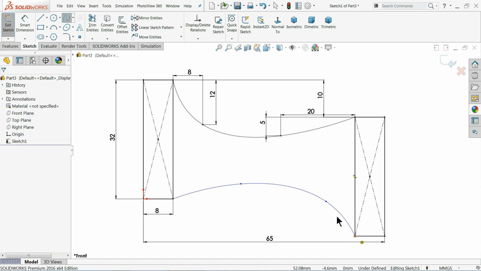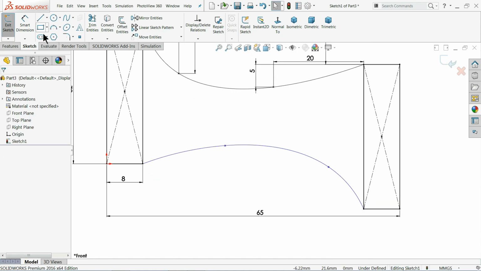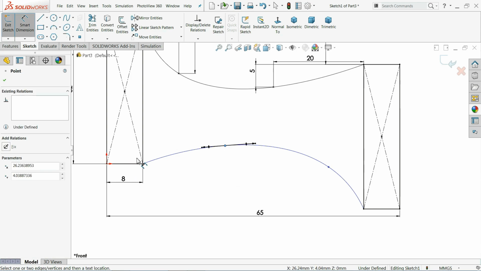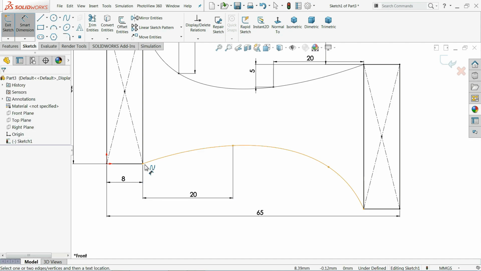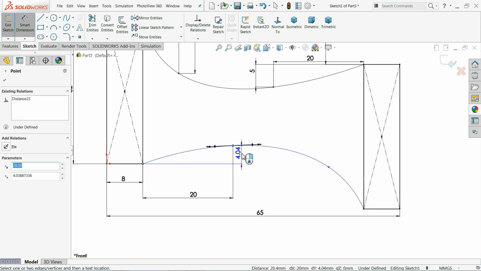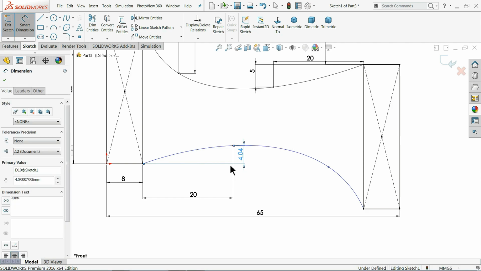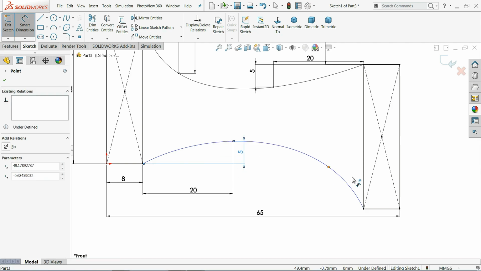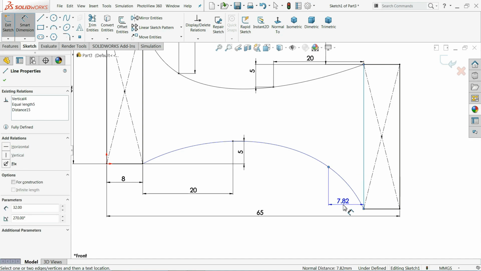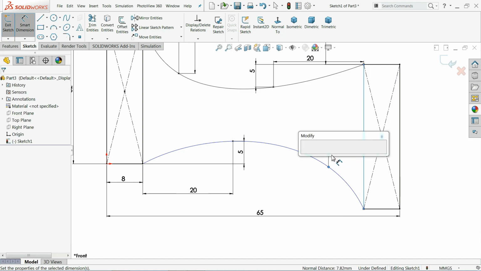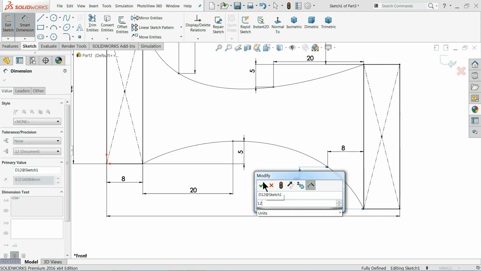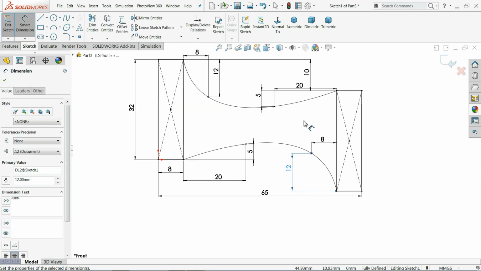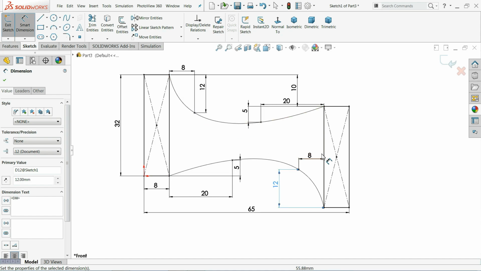Right click, select means you have to come out. 20 millimeter, 5 millimeter, 8 millimeter, and the last point 12 millimeter. Now see, drawing is fully defined. No need to trim this line, it will come under this.